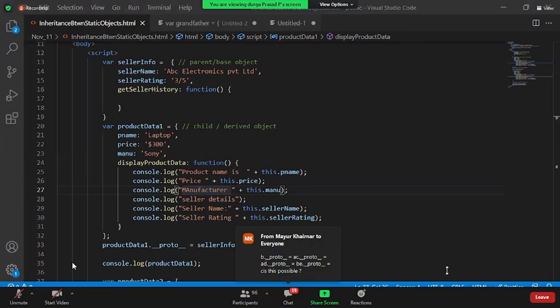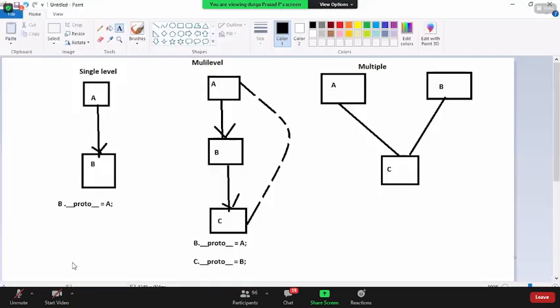What are those? Mayur: B dot prototype equal to A, C dot prototype equal to A. Yeah, that is possible, right? D dot proto equal to B and E dot proto equal to C. Yeah, it is possible. Mayur, it is not multi-level, right? It is again multiple. No, what I'm expecting is A will have two children, B and C. After that, B and C can have a single common child. I got it. Sorry, Mayur, could you repeat again? Yes, sir. Clear. I got it. Oh, you got it, right? Nice. Next.